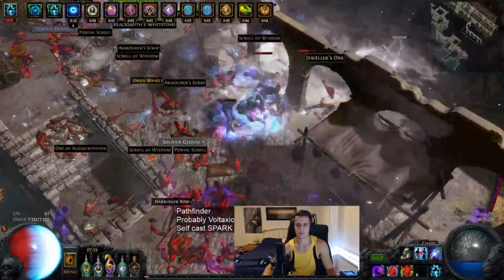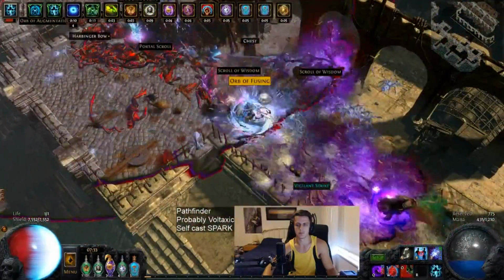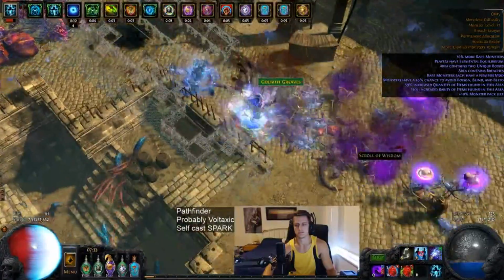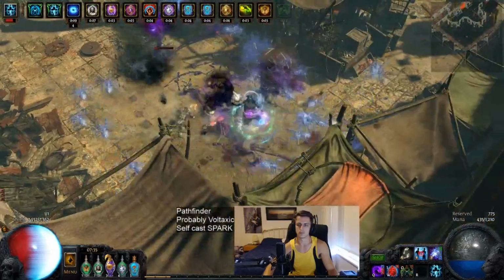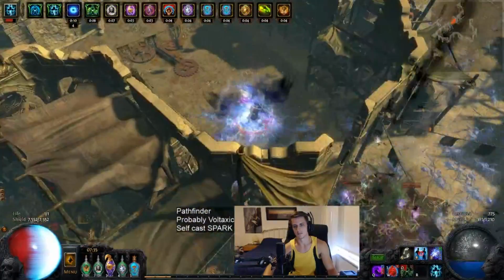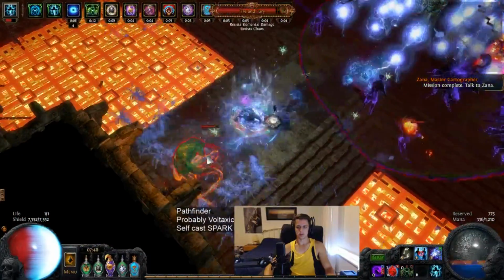Now, the reason I chose to be Voltaxic is because it's still a pretty good choice for Spark and Lightning to Chaos conversion, and the main reason is I want to be able to do all the content in the game. So, Spark notoriously doesn't have a great single target, especially nowadays after all the nerfs it took, and obviously converting to Chaos and then having a shitload of poison damage, as is customary these days, makes for a pretty good single target, and I'm hoping that that means I'll be able to clear Guardians, Shaper, maybe even Uber Itziri,